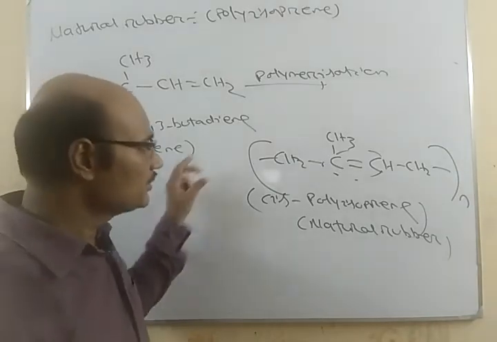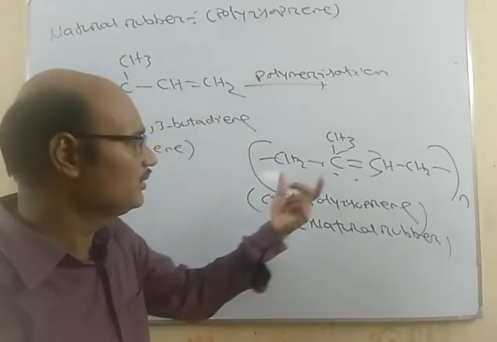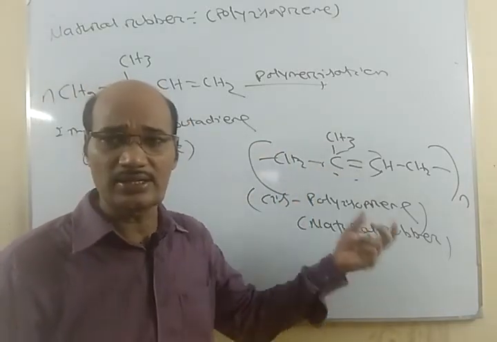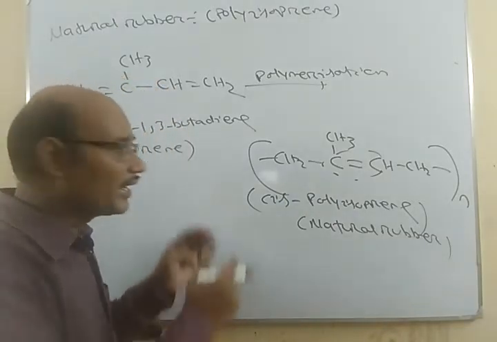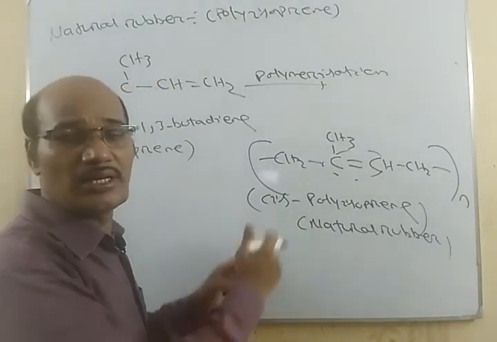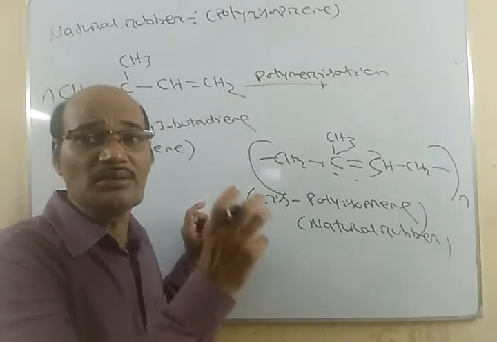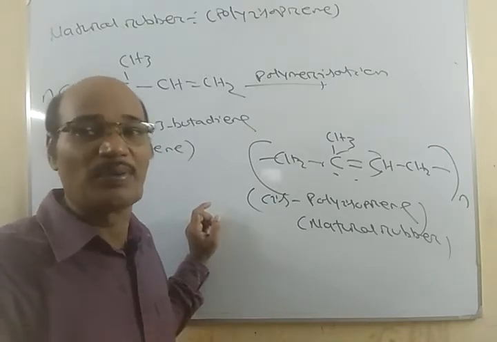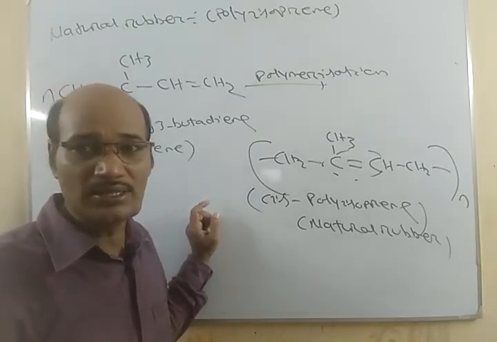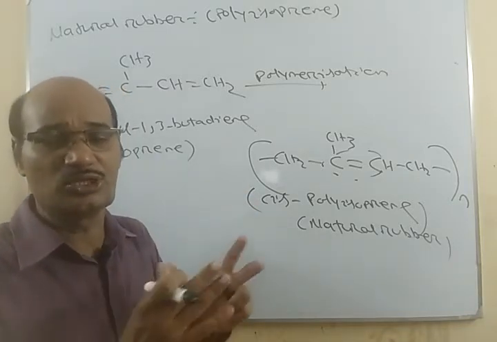Because here the monomer units in polyisoprene are arranged in a cis manner, there is a gap between the monomer and monomer unit. That means the monomer units are not closely or tightly packed. That's why the polyisoprene can be stretched. The rubbers can be stretched,